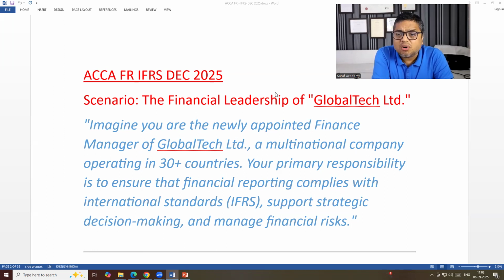Even though the PL account and balance sheet are ready, it is not ready either for analysis purposes or to be submitted to the regulatory authority. If we want to submit to ROC in India, or maybe SEBI, or maybe the income tax department, then it is not acceptable, because any software in the world cannot do 100% of the work.